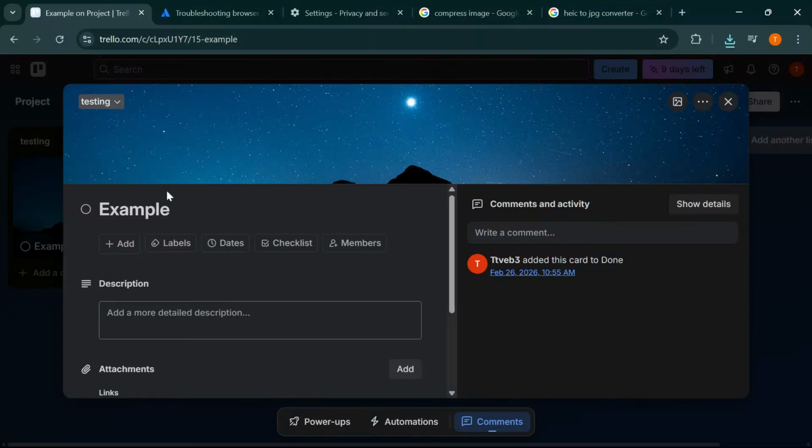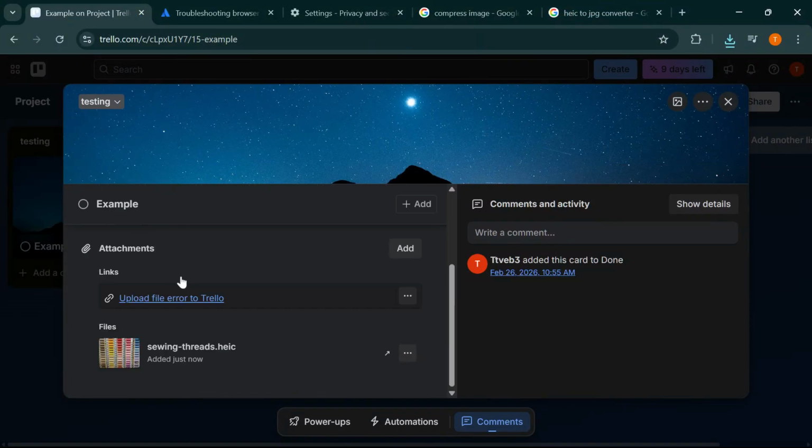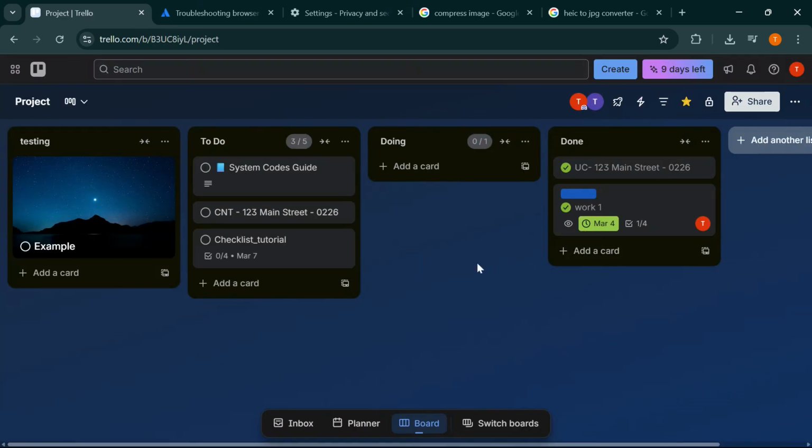If you're getting a Trello error uploading image and your file just won't attach to a card, don't worry, this is usually a quick fix. In this video, I'll walk you step by step through exactly how to fix the Trello image upload error in just a few minutes. We'll cover file size limits, supported formats, browser issues, permissions, and a few hidden fixes that most people miss. Make sure to watch until the end so you don't skip the step that's actually causing the